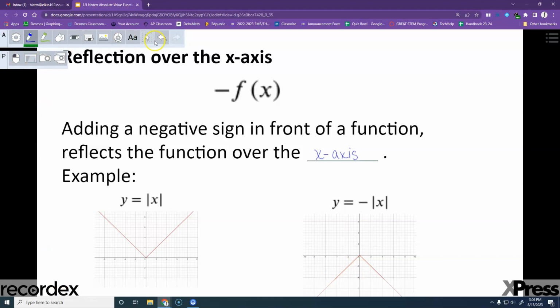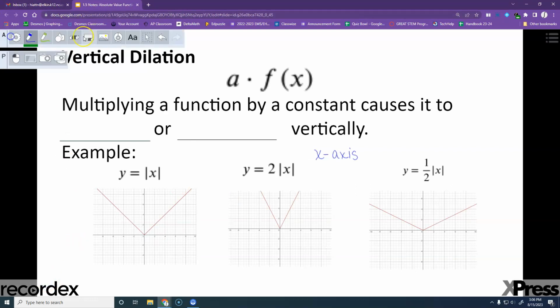And then we have one more type of transformation that we need to look at in this class. There are some others, but they are not covered until some more advanced courses, and that is a vertical dilation. This is going to happen whenever we put a number out in front of our function, so we multiply our absolute value bars by a number. So multiplying a function by a constant, it's just a plain number, causes it to expand or compress